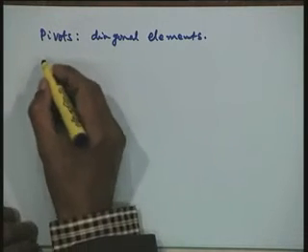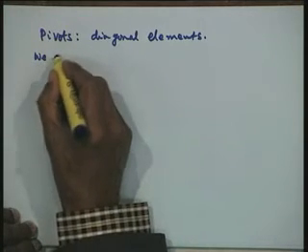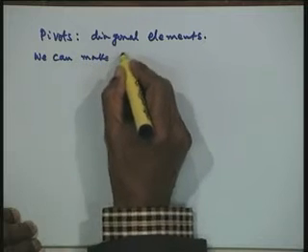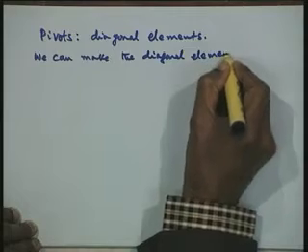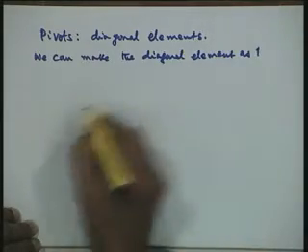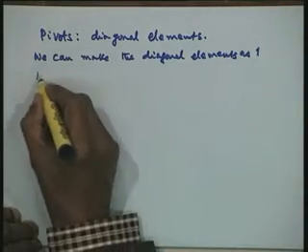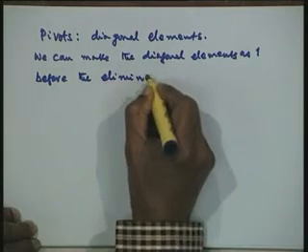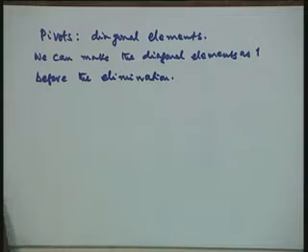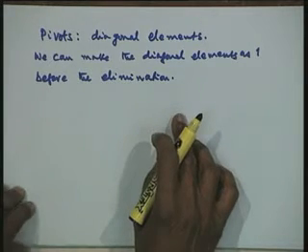So, what we stated was that we can make the diagonal elements, all diagonal elements, 1 before the elimination. Now, as I said, this will be very useful for hand computation. The question which you have asked, I will answer after taking an example of solving it,